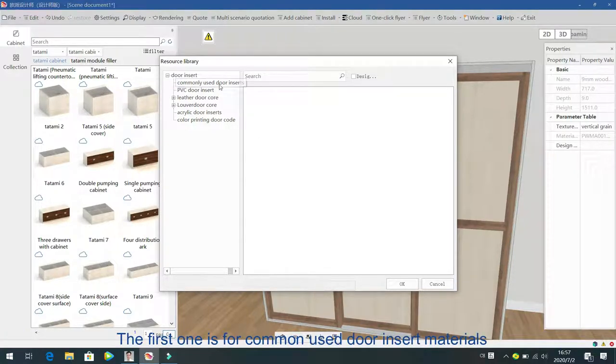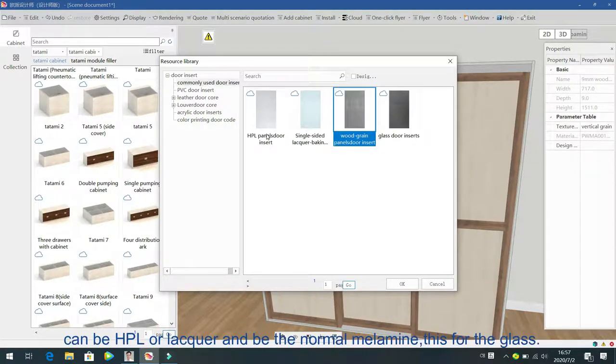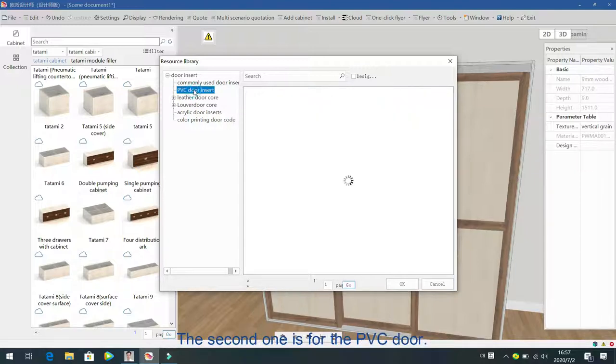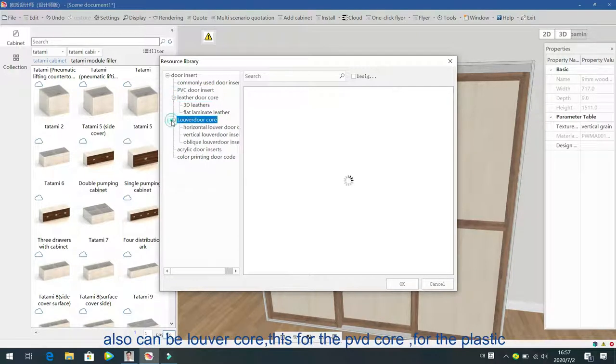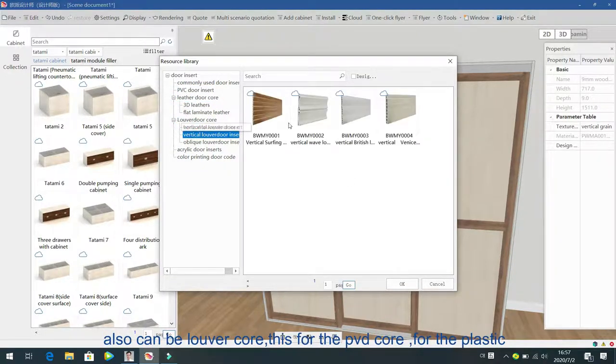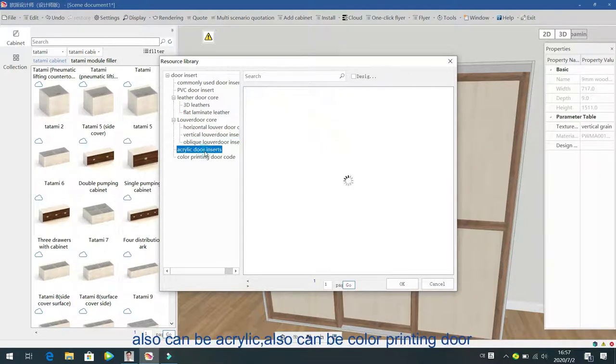The first one is for commonly used door insert materials, can be HPL or lacquer and the normal melamine. This is for the glass. The second one is for the PVC door, like the flat PVC or some style PVC, and also can be laser, also can be louvre core. This is for the PVC core for the plastic, and also can be acrylic, and also can be the color